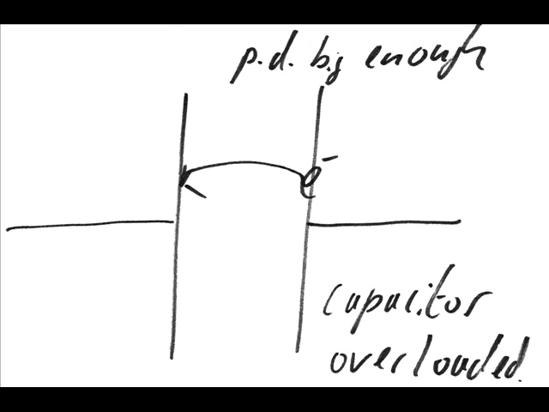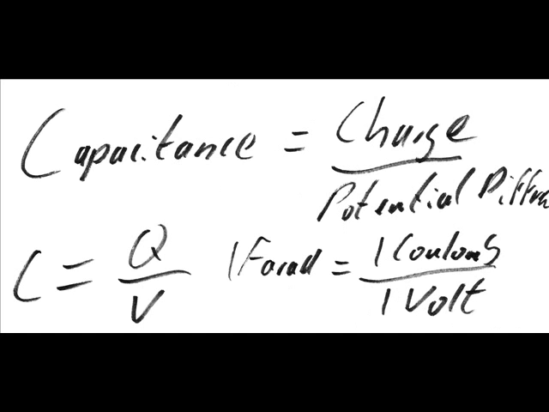This build-up of charge on either side of the capacitor creates a new potential difference across the capacitor. The charges build up, making a bigger and bigger potential difference between the plates, until eventually the charges overcome the resistance of the dielectric and cross the capacitor. This is the maximum charge a capacitor can store. It stores it within a maximum potential difference, and the combination of these two properties is called its capacitance.